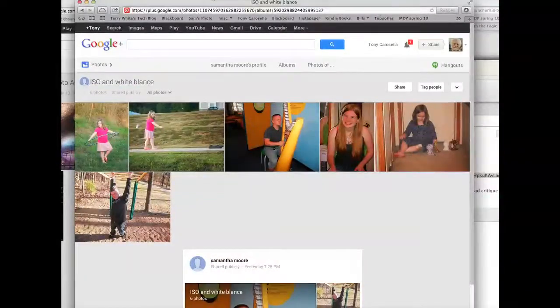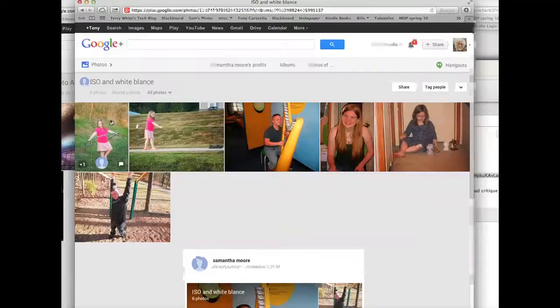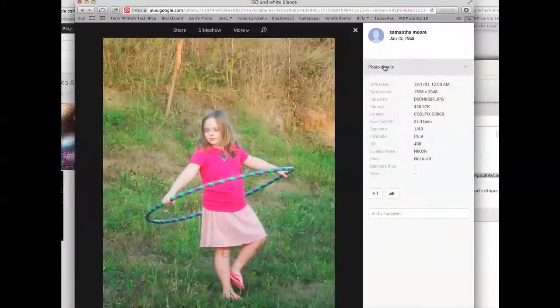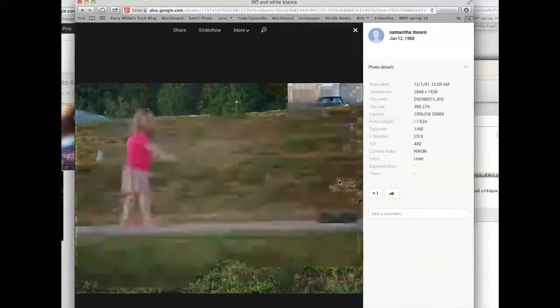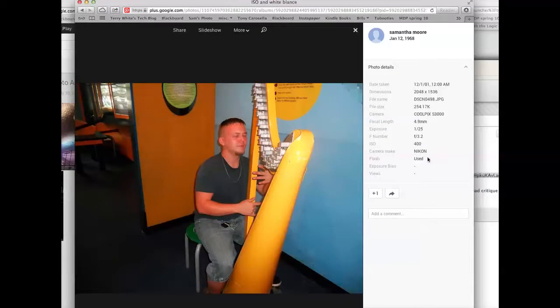Okay, and Samantha, let's take a look at your work here. Turn on the photo details. Okay, Nikon Coolpix. Very nice. I like the fact that you zoomed in with your telephoto on this. Can't quite tell what she's doing here, but I'll see what we got. Now when you're inside,